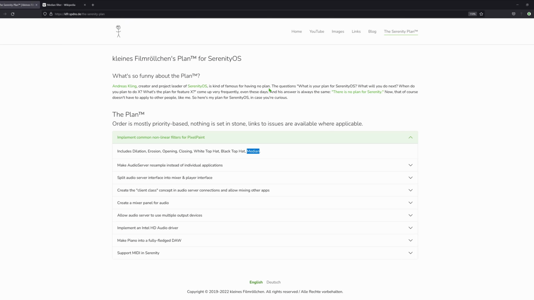So on this page, this is my plan for Serenity OS. You can just open that on the internet. I will put a link in the description. On this page, there's kind of a plan. And one thing that I put on the plan recently, which has actually been floating in my mind for